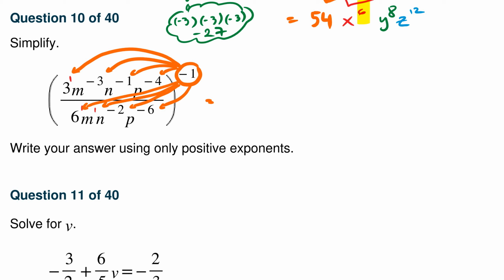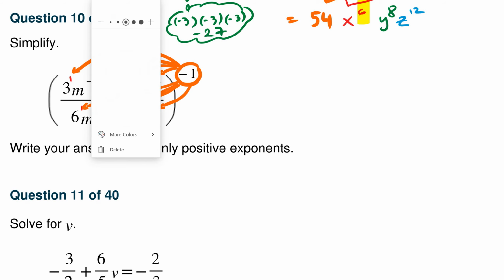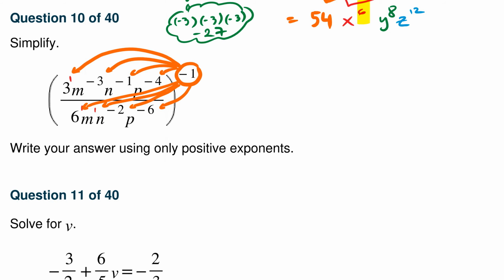Okay, alright. So we have 3 raised to negative 1 m, negative 3 times negative 1 is positive 3. This is quite big, I'm going to make the writing smaller. 3 raised to negative 1, m raised to positive 3, n of negative 1 times negative 1 is positive 1, p of negative 4 times negative 1 is positive 4,